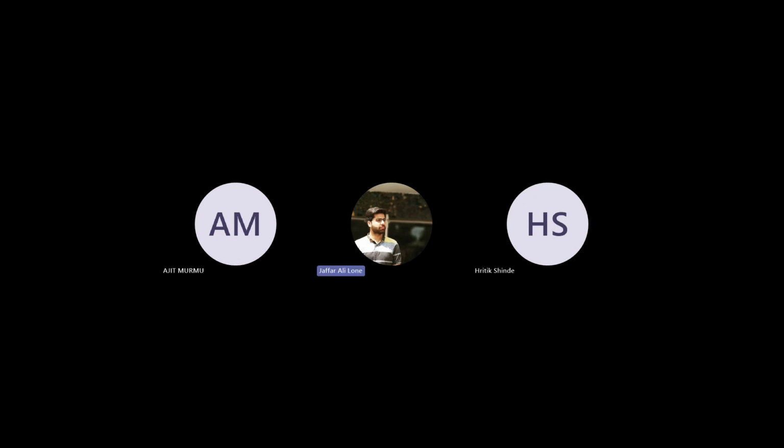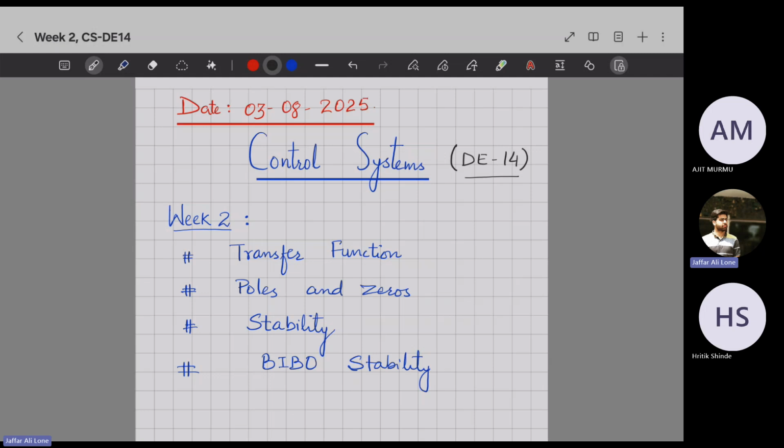So specifically, I will be going through problems based on transfer function, and also what are poles and zeros, what are the effects of poles, then what is stability, in particular what is BIBO stability, and we'll see some problems based on that as well, like when a system is BIBO stable, or in general, what is stability, etc. Okay, so I hope you have gone through the contents of the previous week, but still I'll